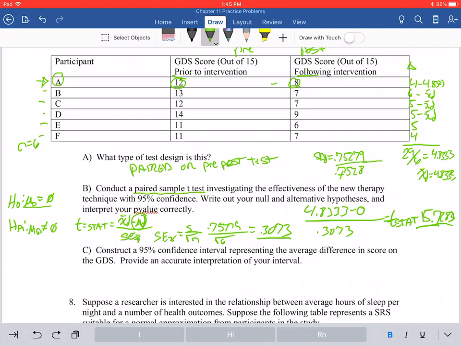So what does this t-stat tell us? This t-stat tells us that we're about 15.7 standard deviations away from the mean with this information provided. So we know we're pretty far, but truly we need to find it in the back of the book. So when you go to the back of the book and go to your t-stat, you're going to find your degrees of freedom, which is n minus 1, so 6 minus 1 is going to equal 5. So degrees of freedom 5, at 95% confidence,